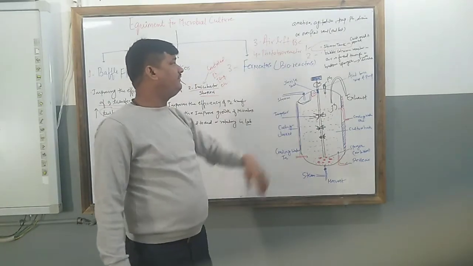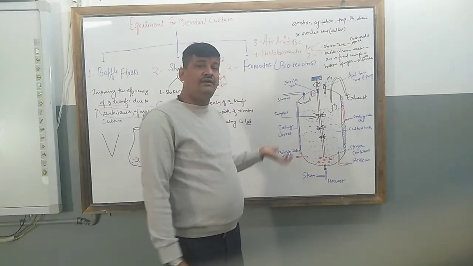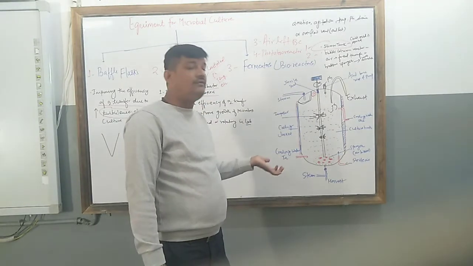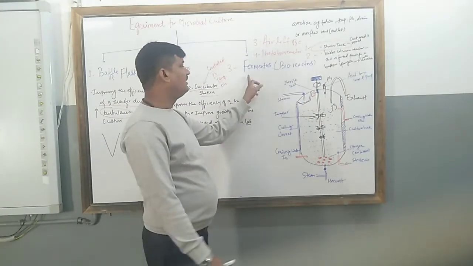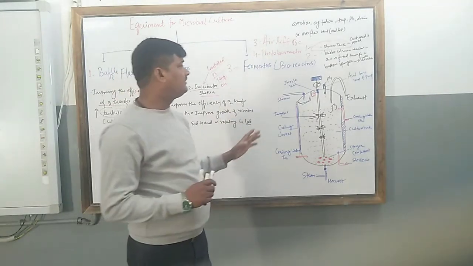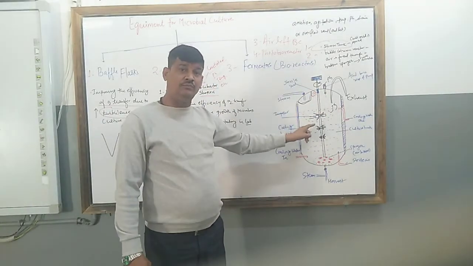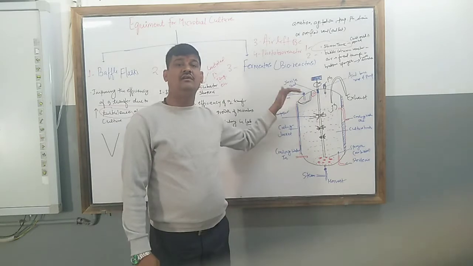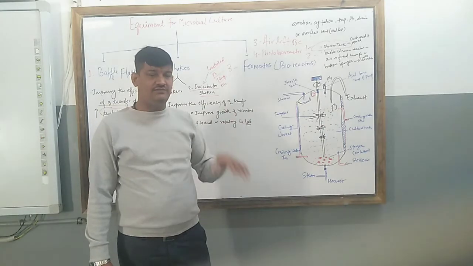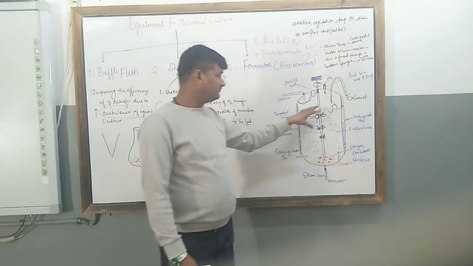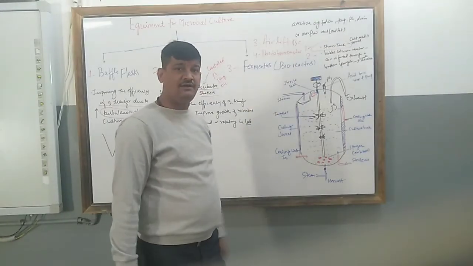Now the third one is the airlift bioreactor. In the case of airlift bioreactor, airlift means the concentration of air is lifted, that is, increased. Now the fourth one is the photobioreactor. The little meaning of photobioreactor, suppose this is a bioreactor. The photobioreactor always operates in illuminated light, that is the sunlight or the natural light or the artificial light, and it is used in the production of metabolites. So these are the four types of the bioreactor.